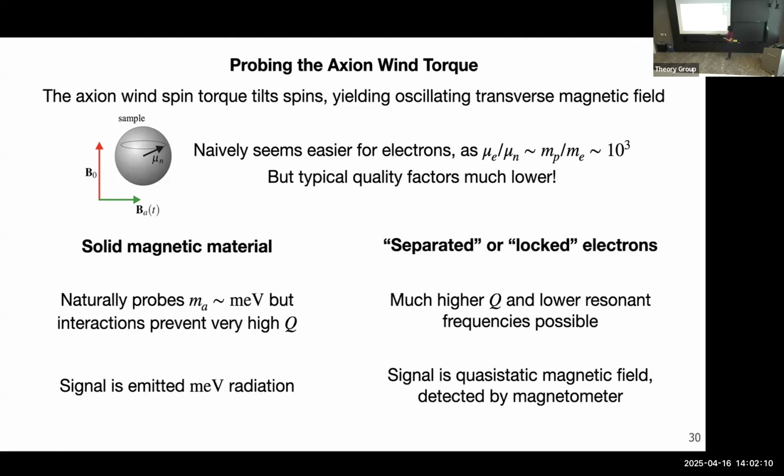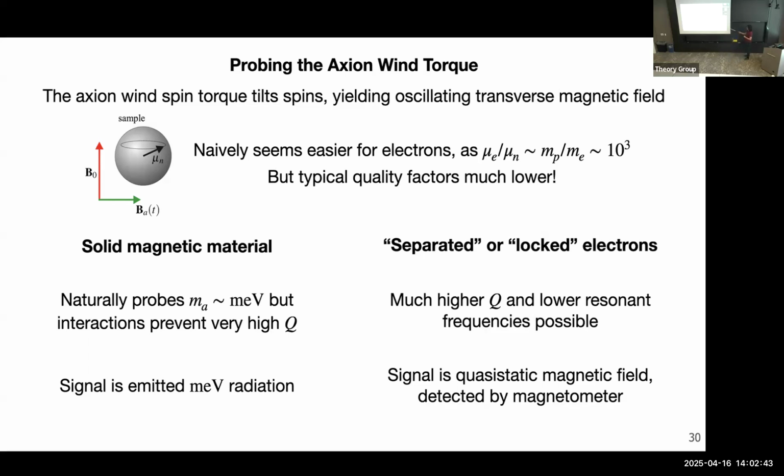So the first thing is, let's just have a solid magnet where I have a lot of electrons with aligned spins, and so automatically, the excitations in these magnets, which are magnons and so on, are around the milli-eV range. But there also are strong interactions between the electrons, which mean that you cannot get these enormous quality factors. And I'll explain. But you can still press on, and then what will happen is that the signal will be that you will tilt the spins, which gives you an oscillating current, and it'll cause some radiation to be emitted from magnets. And I'll talk a lot more about this later. The radiation is around the milli-eV energy, which corresponds to terahertz frequency.